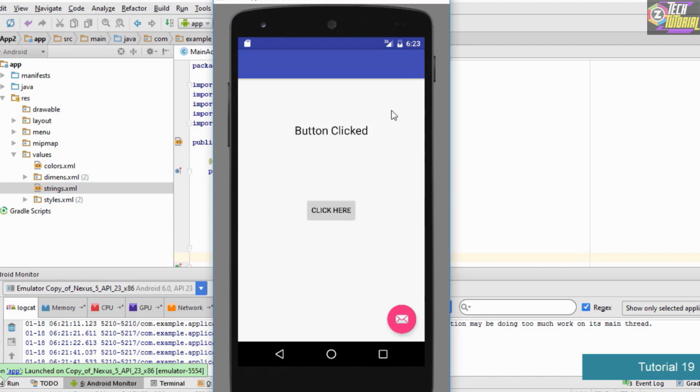So in this tutorial our main intention was, we had a text and we had a button right here, and when we clicked on the button we wanted to change the text right here. So what we did is that we added a click listener to this button so that when the click event happens we change the text. In order to change the text, inside the callback method we have specified the code to change the text of this text area right here.